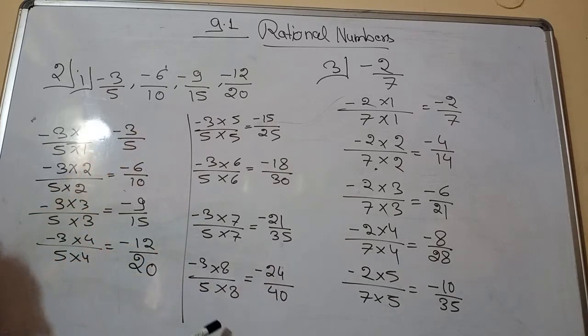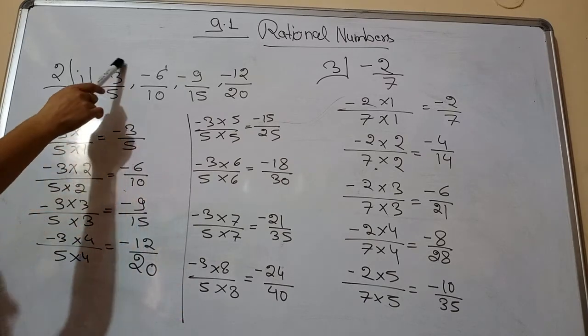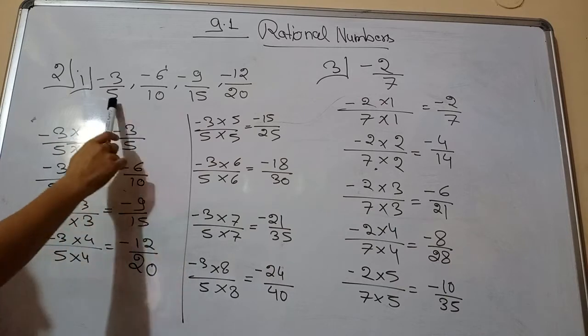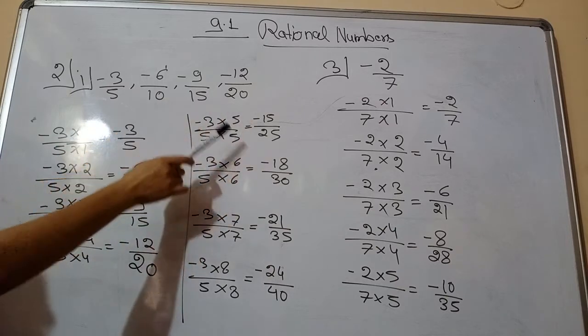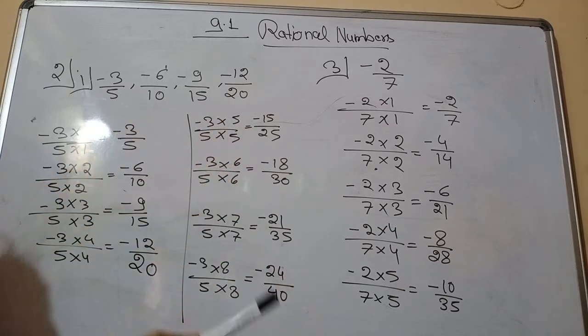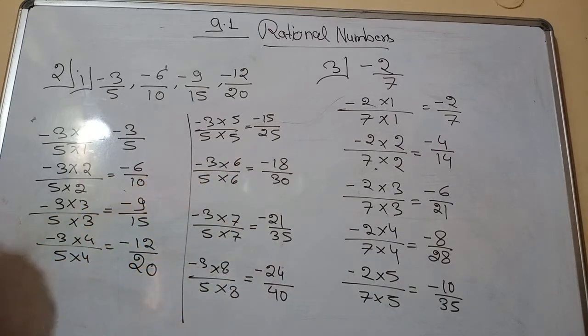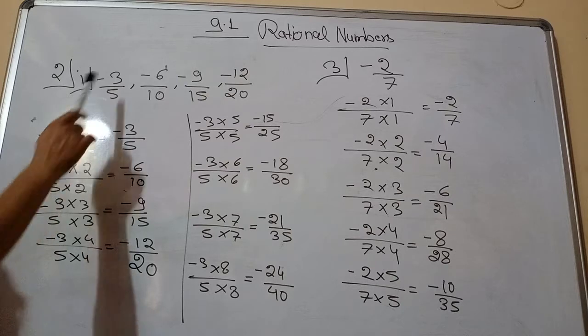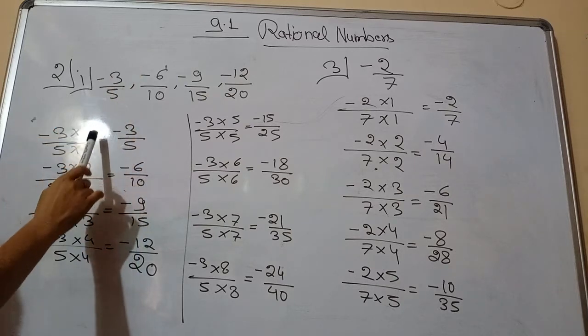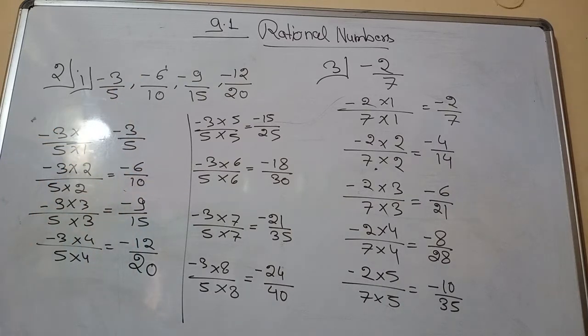So these are the first 4 patterns. And after that, what are the next 4 patterns? This is the next 4 pattern. Why? Because when the first term is multiplied up to 4, we are getting this term. So after 4, the next 4 terms are up to 8, means multiplied by 5, 6, 7 and 8. So this is how you can find out the pattern. First check the term and multiply it with 1, 2, 3 and 4. This is how you can complete your pattern.